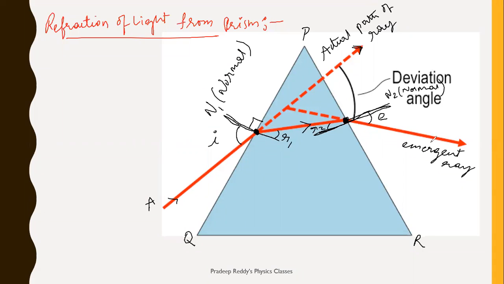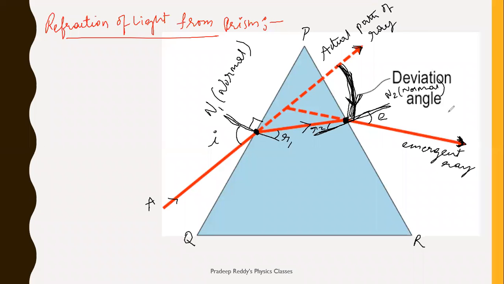Now, when the light ray is coming out, in which direction is it going? In this direction it is going. It is in the path of the emergent ray, right? Now, the actual path is along this way, but what is happening? Because of the effect of the prism, it is changing its direction from here to here. Okay. This actual path is undergoing a deviation. Instead of going in that particular direction, it is changing its direction to this path, right? From here to here it is coming, and in this direction of the emergent ray it is going out.